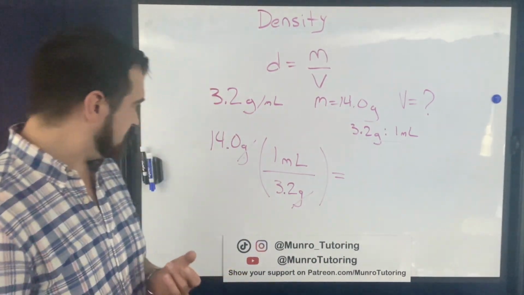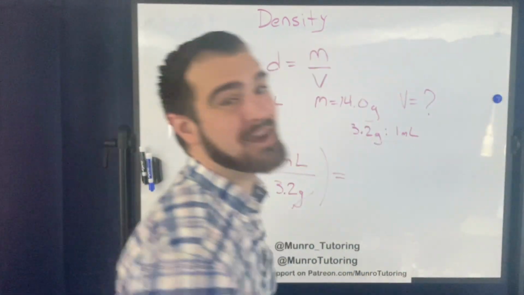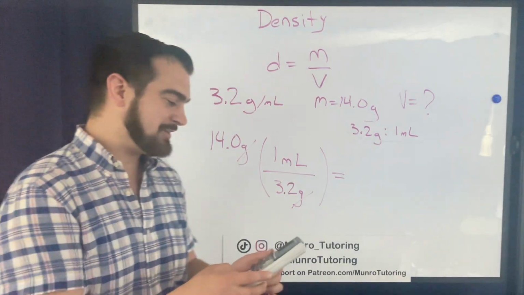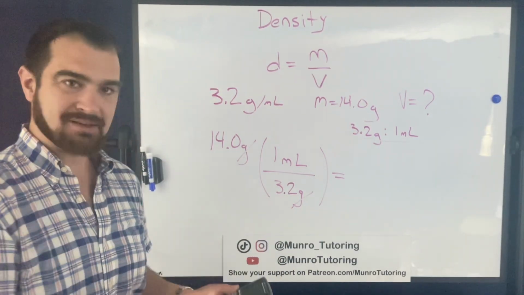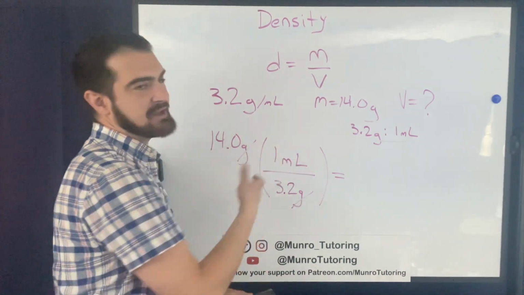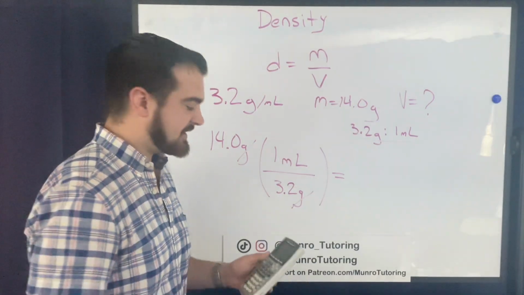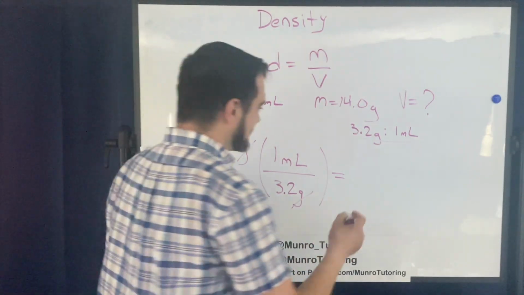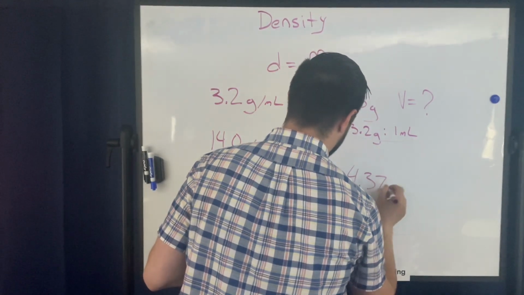And now I may do some things in my head, but I don't feel like doing 14 divided by 3.2 right now in my head. So let's not do that. Let's punch that in. And I'm just typing in 14 divided by 3.2. Anytime you're multiplying or dividing by 1, I just skip that. And so I get 4.375. I definitely knew that. So we have 4.375